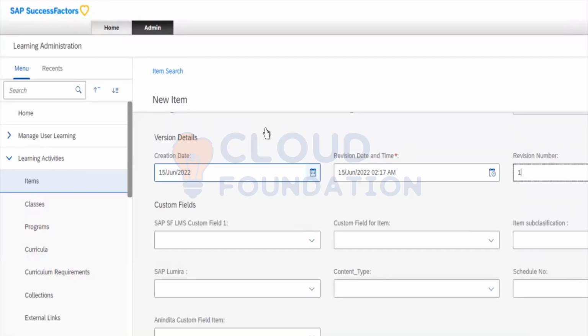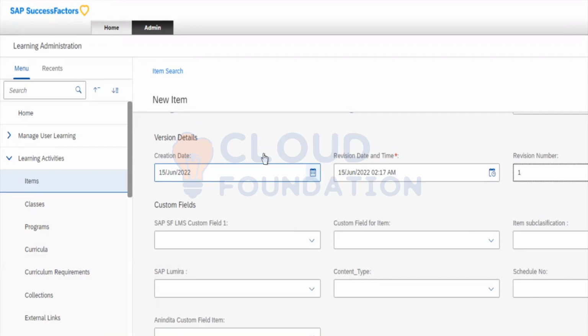Like your company says, I want to see the department of this organization, or the part where you completed your training from, or the region of the employee. I don't see any other region, but region you can create. You say, okay, region will be a custom field. Custom, why? Because this is your company's requirement, not a standard requirement from anyone. So your company will assign it to you, and you will create those